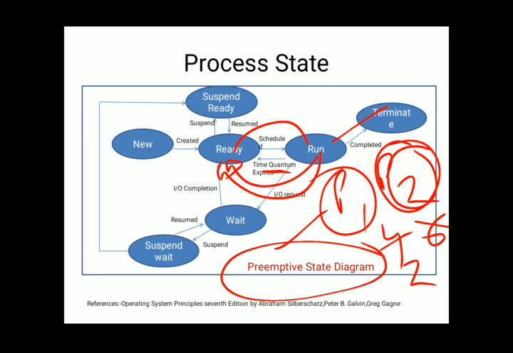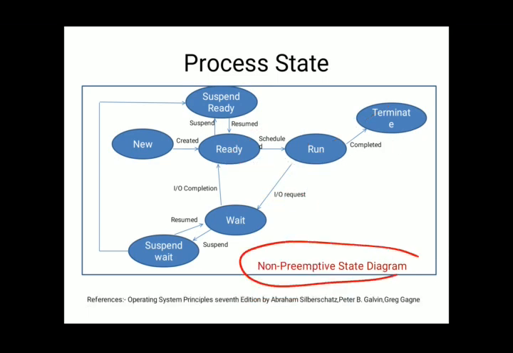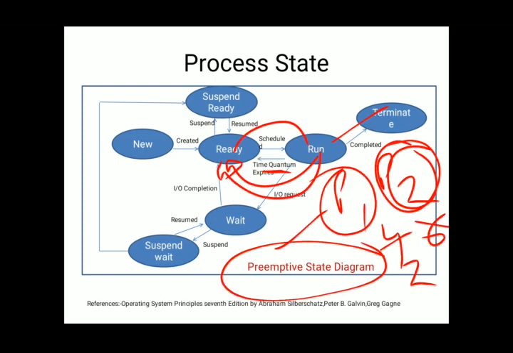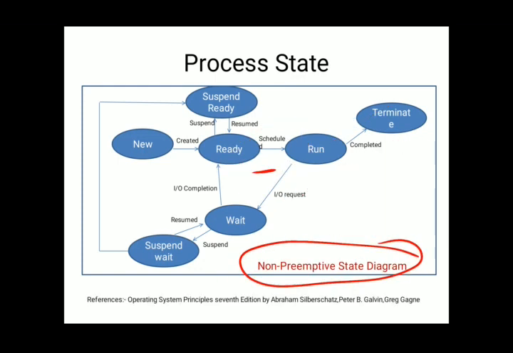Next is the non-preemptive state diagram. Now you can easily understand what non-preemptive means: the process is not preempted. The line I assigned in the previous diagram indicates the time quantum expire. In this diagram I didn't mention that line. So this is the non-preemptive state diagram, and the rest of the states work the same. So this is all about the